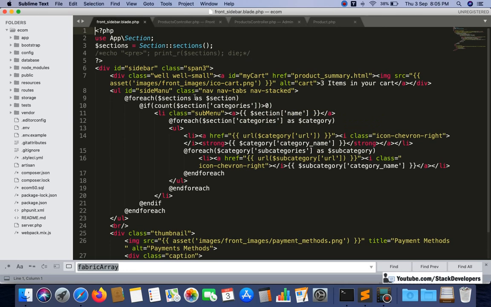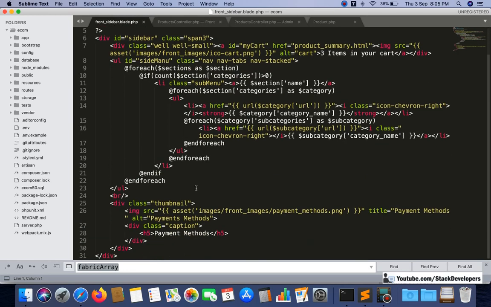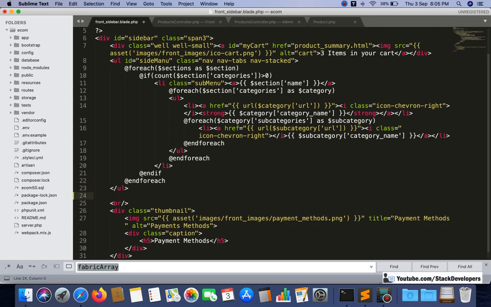We will first add the condition here that these filters will only display at the listing page. So here I am going to add one condition, like @if isset $pageName, in case $pageName is coming, and $pageName is equal to listing.